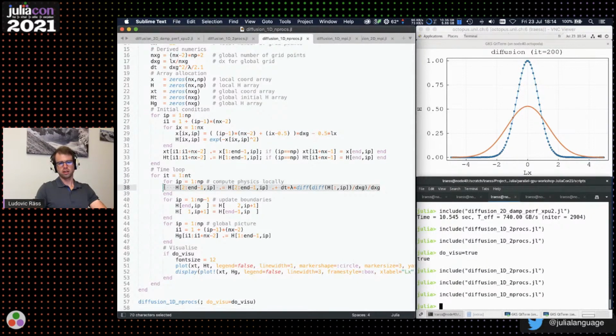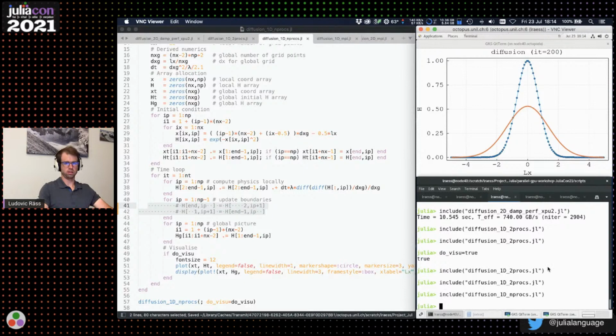Here, the important thing again is that my physics is computed locally. So H are local arrays, and here it's just a loop over IP, which is my number of fake parallel processes. The important thing is that this 1D problem is now a 2D array, and the columns of that array, or the second dimension, are my fake MPI processes. And then the important thing here is the update boundary. If I screw things up and don't do any boundary update here,